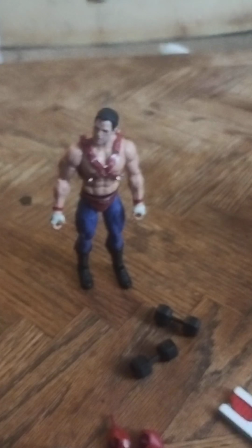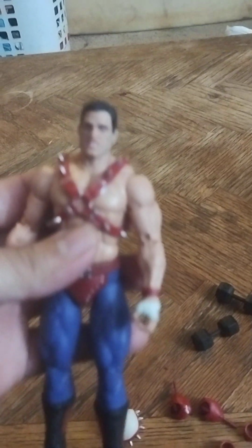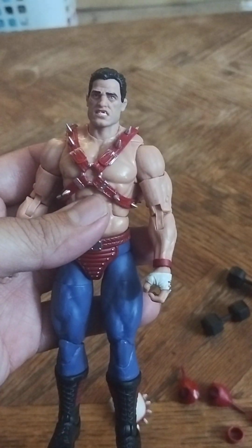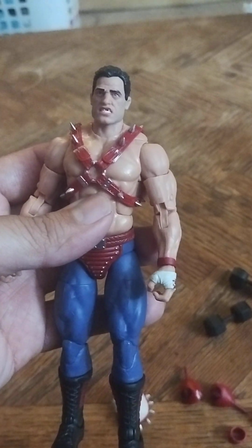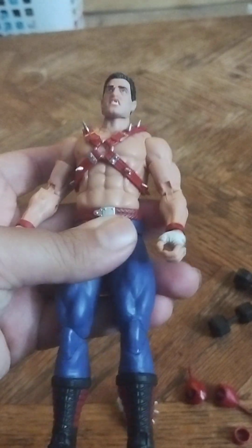And this guy obviously is a perfect example of why the line is doing well. I mean, you got a figure that has a great face sculpt. Doesn't look super silly. See if I can get in focus. There we go. He appears to have teeth missing, which is really cool. He's got this great leather harness set with spikes, a rubberized